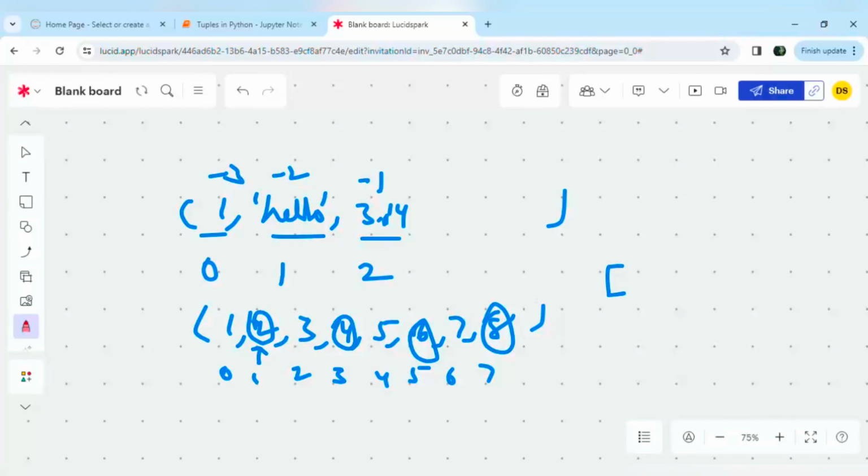I will write, see, indexing 1. I have to go till 7. So you know the end limit will be excluded. So instead of 7, what would I write? 8, because I need this 7 indexing as well. This 8 belongs to the indexing. And step size is 2. If I write like this,